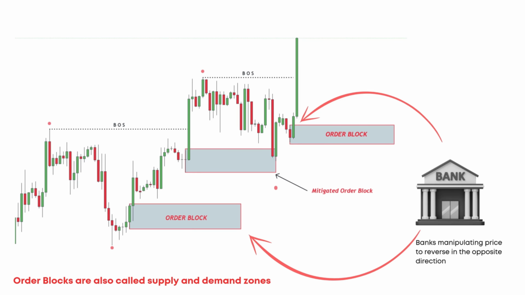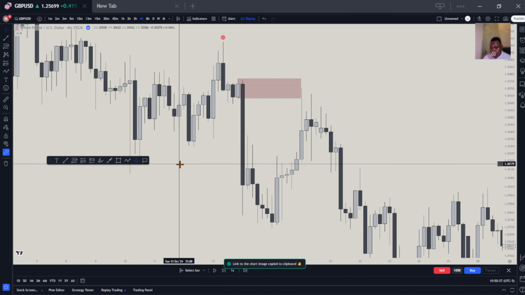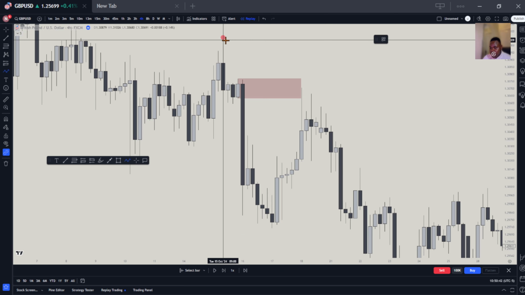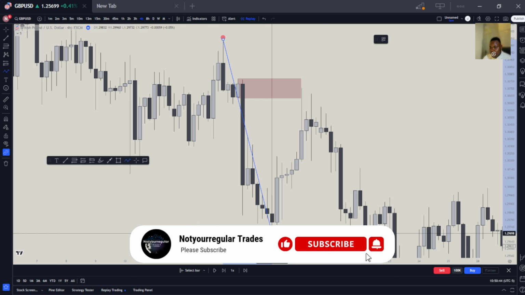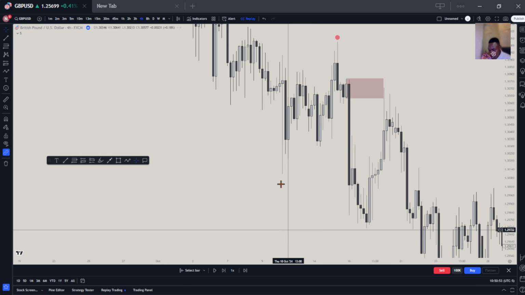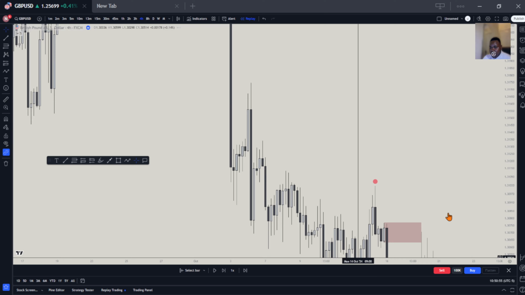So whenever you see an impulsive move, like a lower high to make a lower low, we look for our order block at our lower high right here. That's on the downtrend. While on an uptrend,